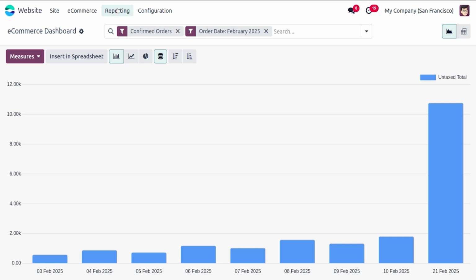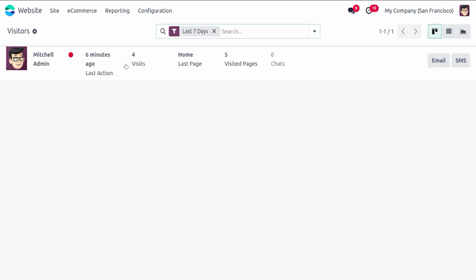Then the next reporting is visitors. The visitors option is located under the reports in the website module. The visitors menu will provide all the data on visitors to your website without any gaps. If the specific visitor's contact information is already stored in your system, the visitors pane will list their name. If not, they will be identified as a visitor to the website. You will also be able to see clearly in the window the number of visits, the last page viewed, and